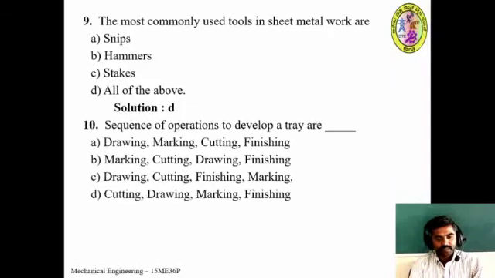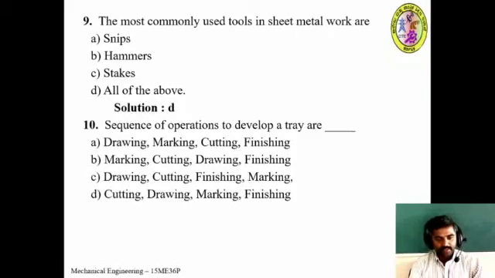Next, the sequence of operations to develop a tray are: A, drawing, marking, cutting, finishing; B, marking, cutting, drawing, finishing; C, drawing, cutting, finishing, marking; D, cutting, drawing, marking, finishing. So that means we have to do many operations on the sheet metal. For completion of the tray, what is the sequence we need to follow?